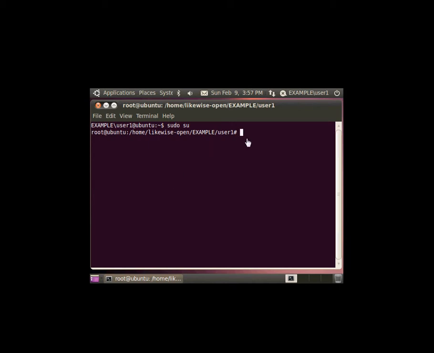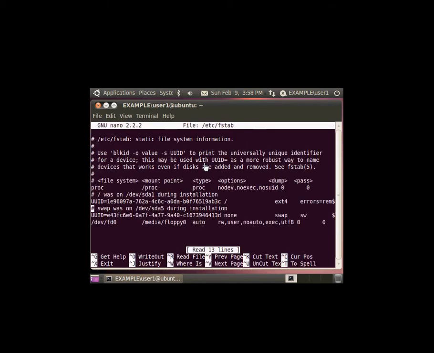Okay, now we're going to try to mount our Windows share to our Linux machine. To do that, first we need to create a mount point, so we're going to make sure we're in user1's home directory and make a directory called Windows. Then we need to edit a configuration file called fstab, so we're going to do sudo nano /etc/fstab. This holds all the various mount points that exist on the system already, and to the bottom of this file we're going to add